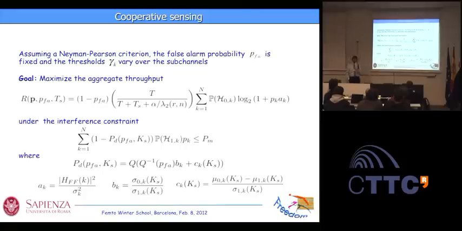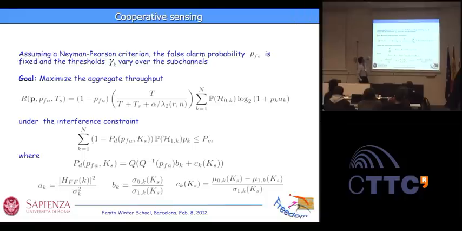What is the probability of making this wrong action? It is the probability that, as I said before, someone is transmitting and I decided that nobody is there. So the probability of this event is 1 minus the detection probability. Okay? So this is why we weight the transmission power pk by this probability times the probability that really someone was transmitting over the kth subchannel. So this is the interference constraint that I mentioned before.